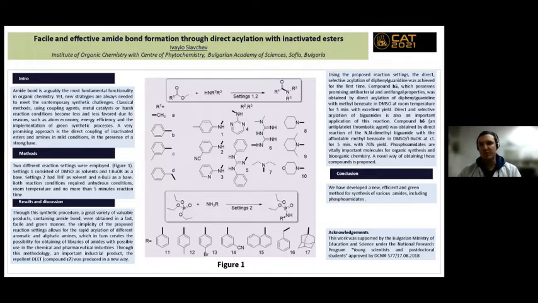We tested over 100 reactions with different substrates. As you can see on the figure, this is only a small portion of the whole quantity of substrates that we tested. And we found out that this is a very quick, very useful and very convenient way of producing many different kinds of amides, with aromatic and aliphatic amines, fast and easy.